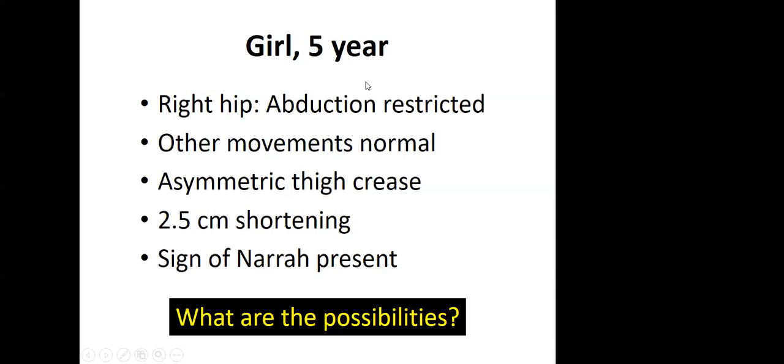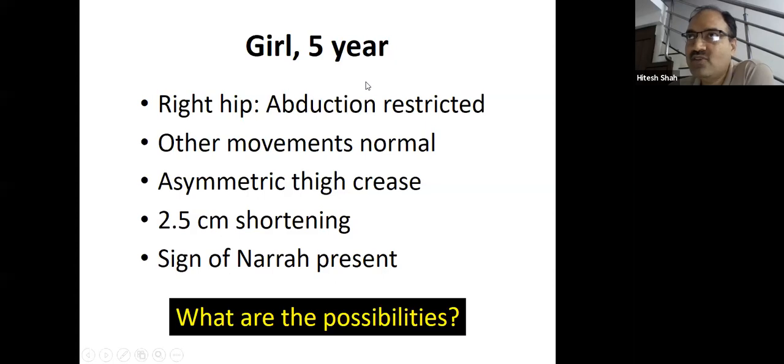DDH. It's very important. If somebody asks what the possibility is here, you should not shy away from saying it's DDH, because you will have all the positive points in the history that favor DDH, and the examination also favors DDH. Did we miss any point on general examination? Anything related to DDH? That would be very positive in many girls.